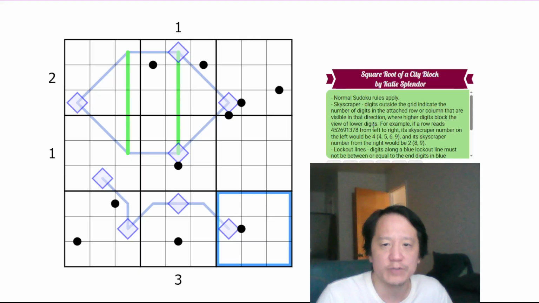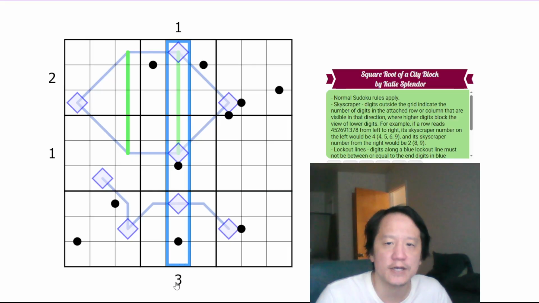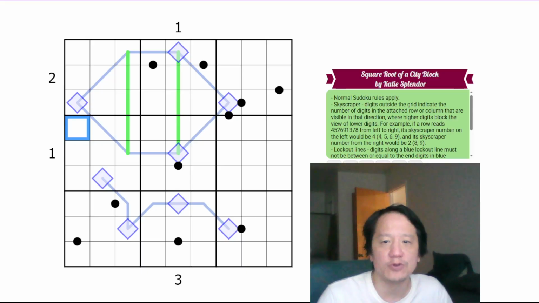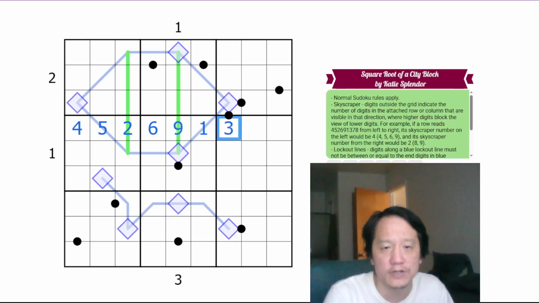We have skyscrapers, where digits outside the grid indicate the number of digits in the attached row or column that are visible in that direction, where higher digits block the view of lower digits. So, for example, if a row reads 4, 5, 2, 6, 9, 1, 3, 7, 8 from left to right, its skyscraper number on the left would be 4 because it sees 4, 5, 6, and 9 and does not